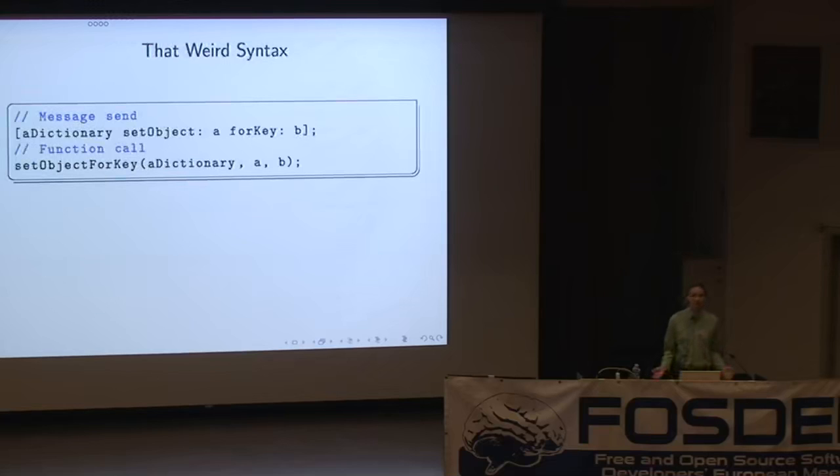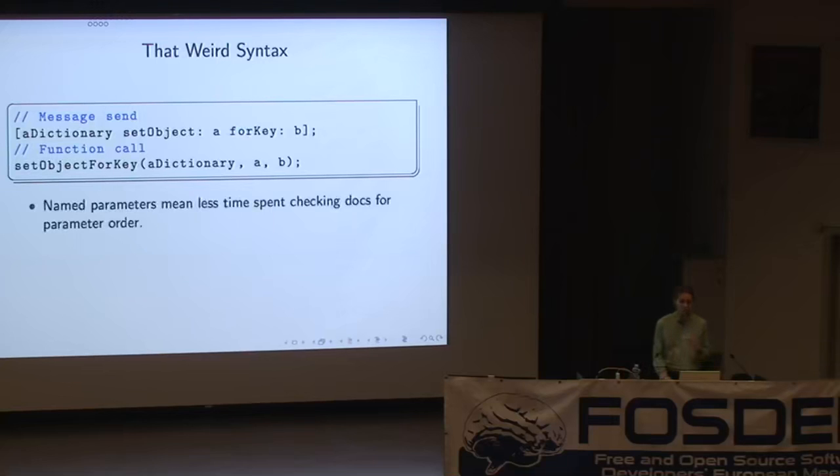And the one thing that everybody knows about Objective-C is it has weird syntax. You look at it and you say, Objective-C, that's the language with the weird syntax. And this is an example of an Objective-C message send operation, which, for Java programmers, you'd call a method call. And it has this square bracket syntax. And Tom Love, one of the developers of the original Objective-C, said that this is a signpost saying you are now entering object land. When you're inside the square brackets, you're dealing with the high-level bit of the language. When you're outside of the square brackets, you're dealing with basically C code.